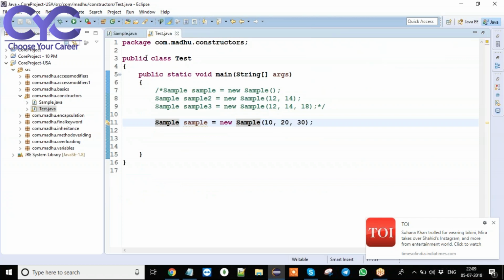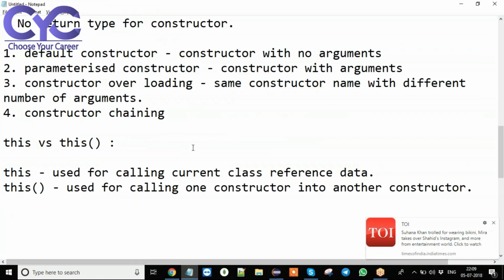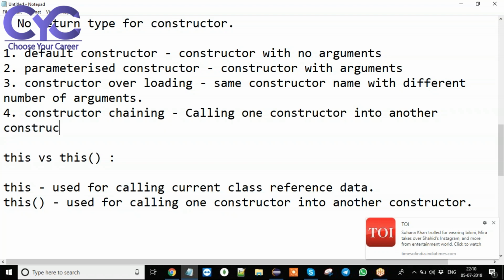Here the most important point is, calling one constructor into another constructor by using this method is known as the constructor chaining mechanism. That's what I want to say here. See here, constructor chaining means what? Calling one constructor into another constructor.